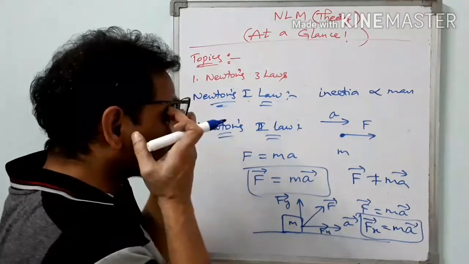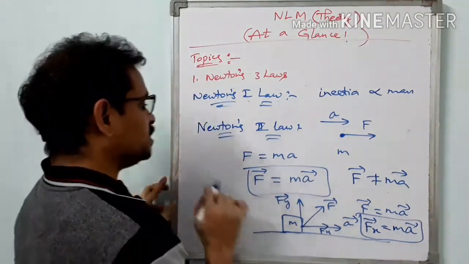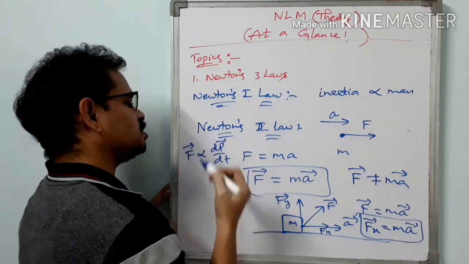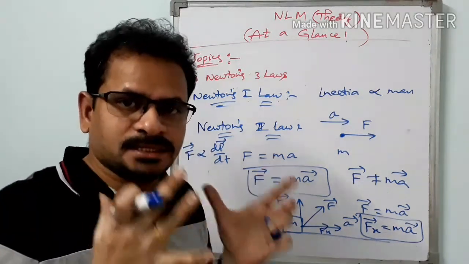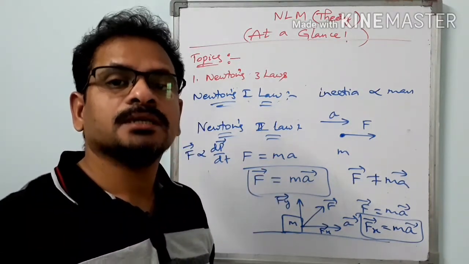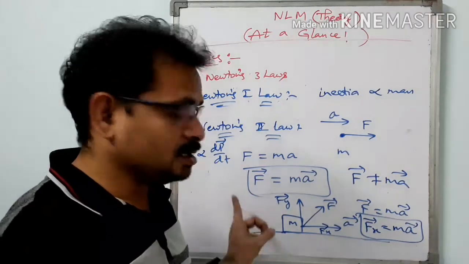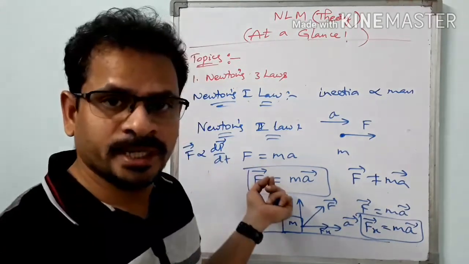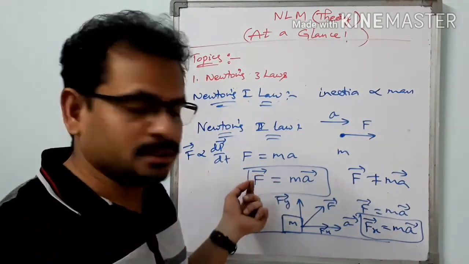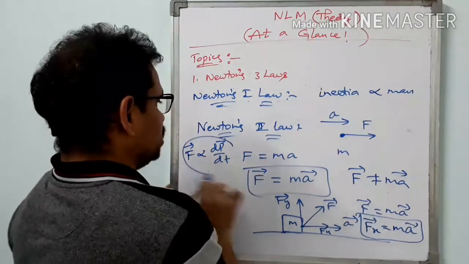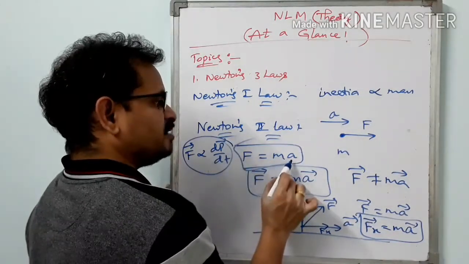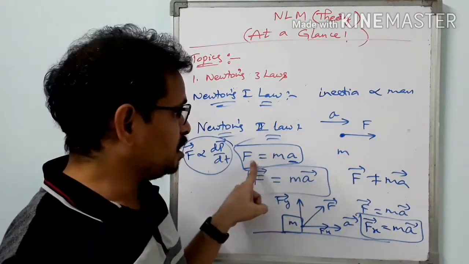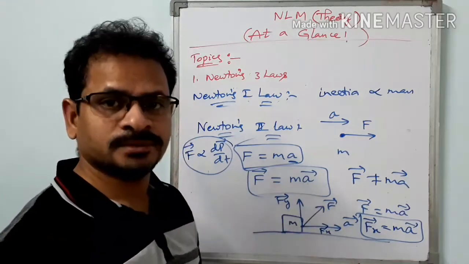And if anybody asks you what is Newton's second law, you will say that F is directly proportional to dP by dt, or F bar is directly proportional to dP bar by dt. The external force acting on a body is directly proportional to the rate of change of momentum. Since for now we have not introduced the physical quantity momentum, we are going to introduce it later. Therefore, we are not opting for this one. We are considering this one because we are familiar with acceleration. Already the kinematics part was over. So F bar equal to m into A bar, we can use this one. This is Newton's second law.